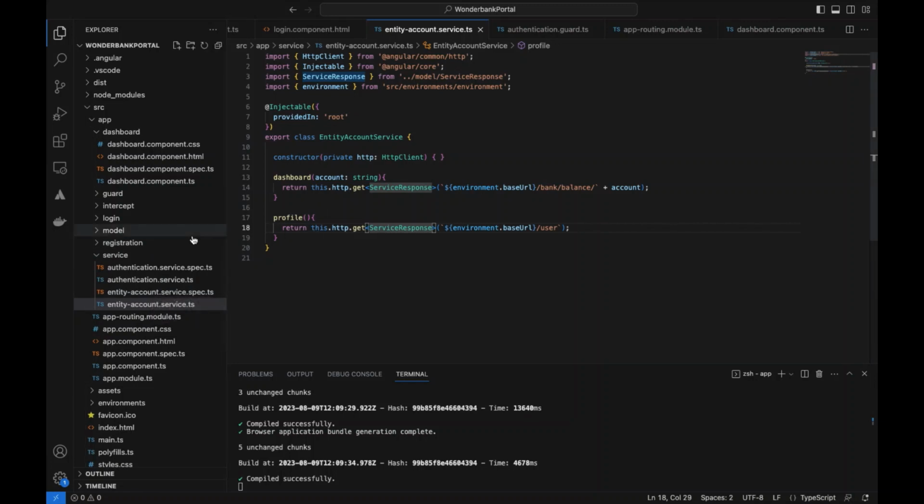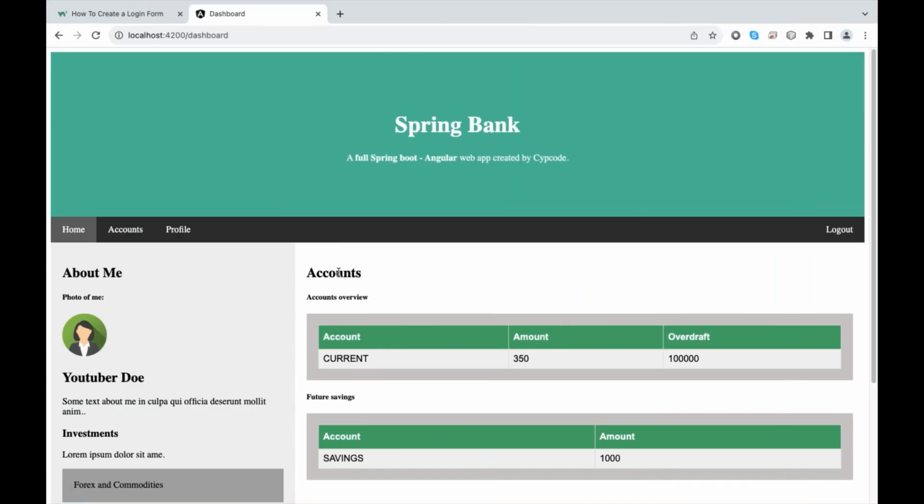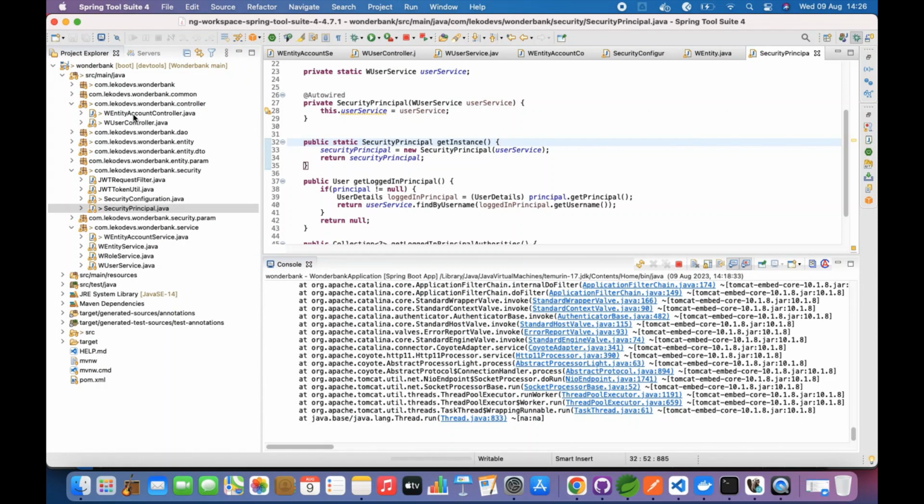It's just get, nothing posted over there. And both of these, we just call the current account and we call the savings account on dashboard, and then we are able to display the current account over here and display the savings account over here. So the reason I do it like this is to show that you can call multiple APIs just to set up the dashboard details that you need, but also you can in your backend right here set up a,